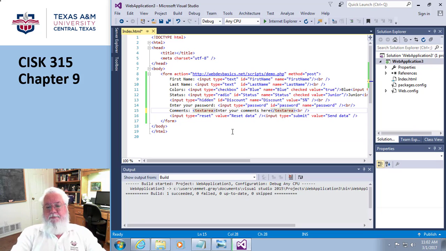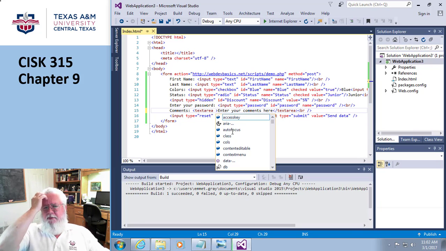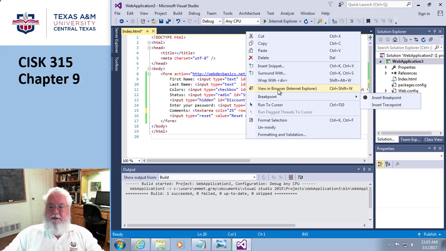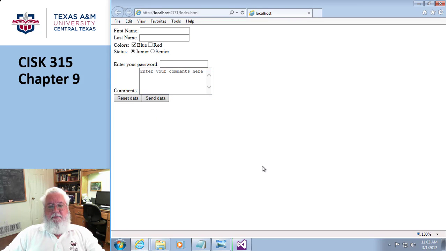So how big do you want this thing to be? What do you think the options are? Well, they kind of do rows and columns. It's a little odd. Columns is the width in characters. So let's say cols equals 25, and then rows, maybe 5, something like that. All right, let's see what this looks like. So now I've got a little bigger box. Cool? And it'll automatically throw in scroll bars if I go